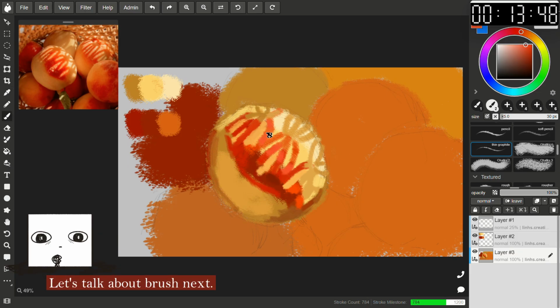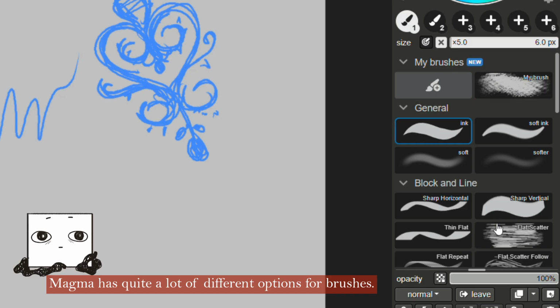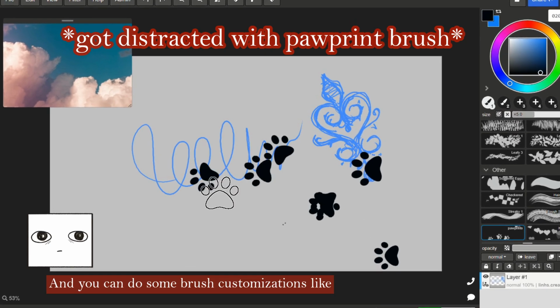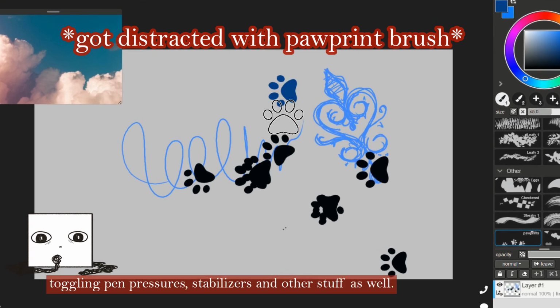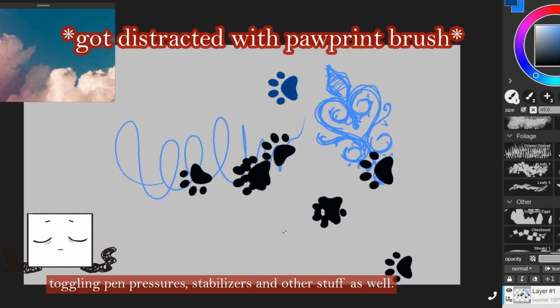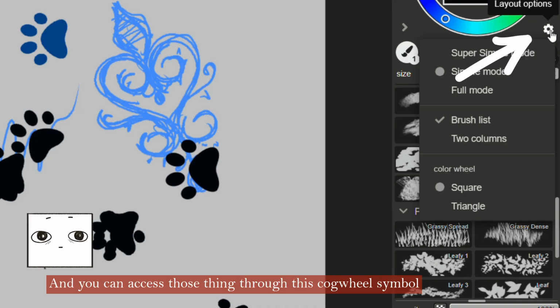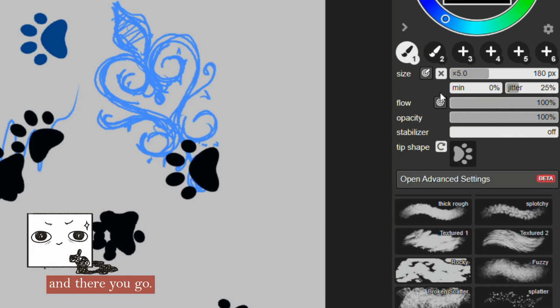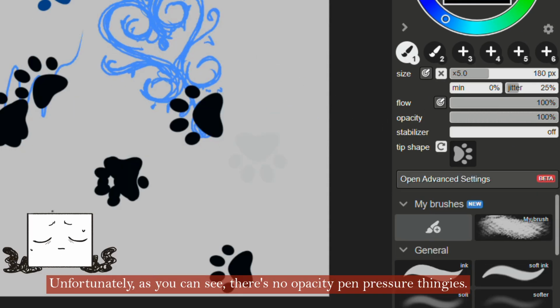Let's talk about brushes next. Magma has quite a lot of different options for brushes, and you can do some brush customization like toggling pen pressure, stabilizers, and other stuff as well. You can access those through this cogwheel symbol under the color wheel here and choose the full mode, and there you go. Unfortunately, as you can see, there is no opacity pen pressure option,